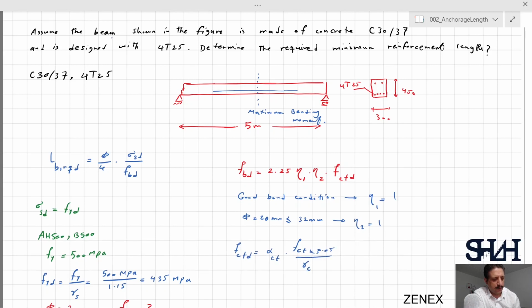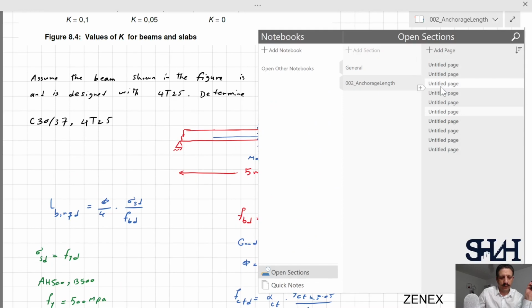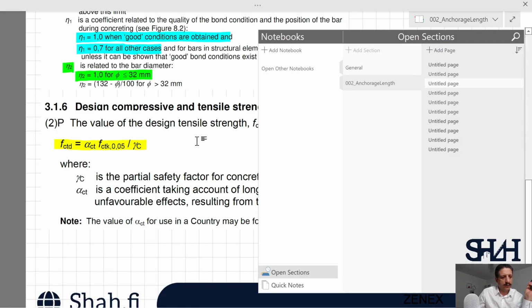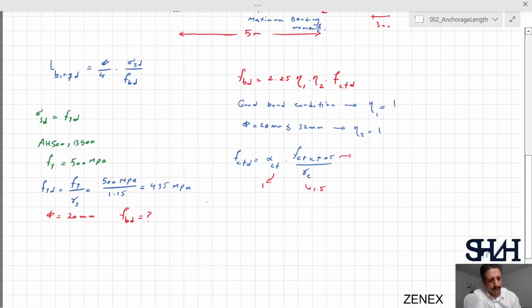0.05 divided by gamma C. Gamma C is 1.5, alpha CT is 1, and we need to check what is FCTK 0.05. For C30/37, by using table 3.1, FCK is 30, FCTK is 2 megapascal. As a result, FCTD will be 2 divided by 1.5 and it will be 1.33